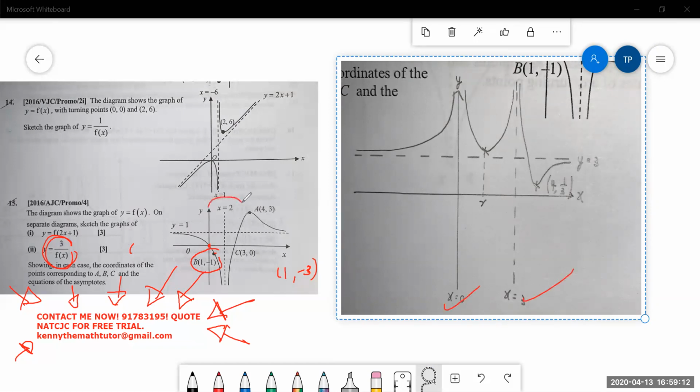Your x equals 2 is a vertical asymptote. So it will be half. Wait, but the half must times 3, is it? Where got half? Because if x equals 2, then it will become half, right? Why will it become half? This is a vertical asymptote. For 1 over f(x), vertical asymptote becomes